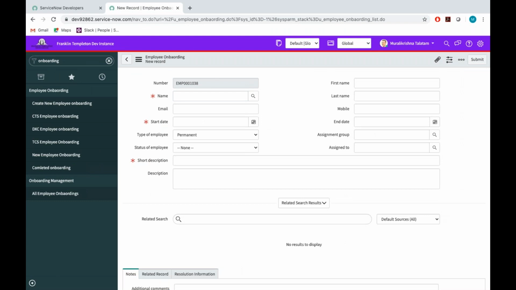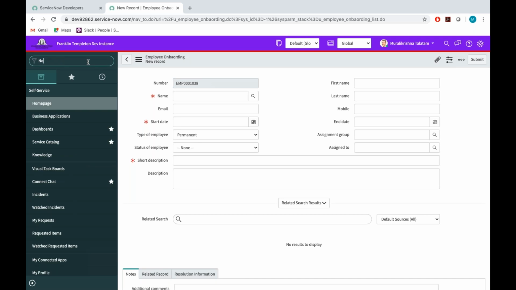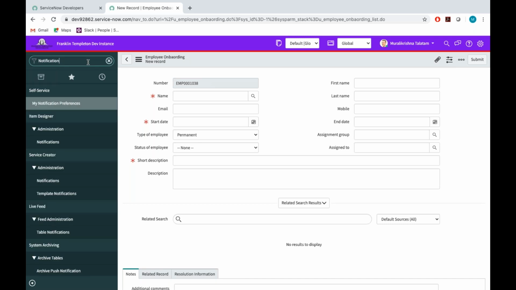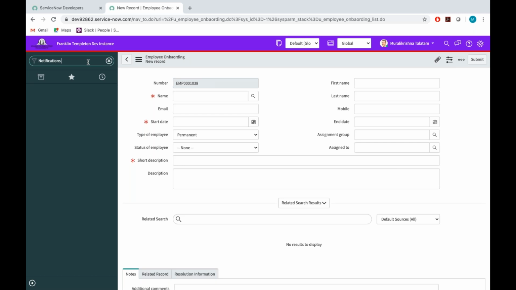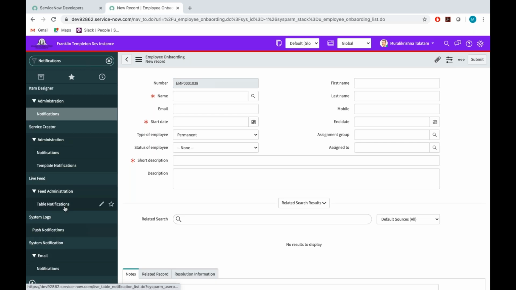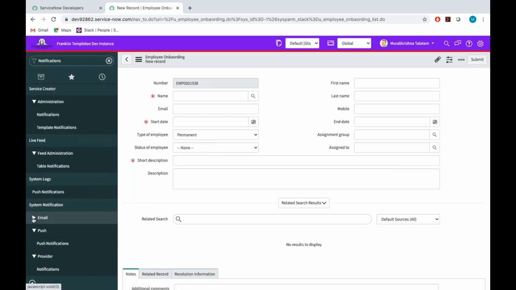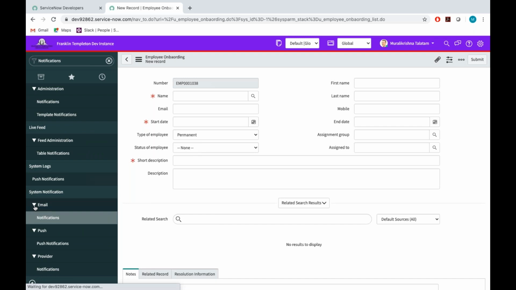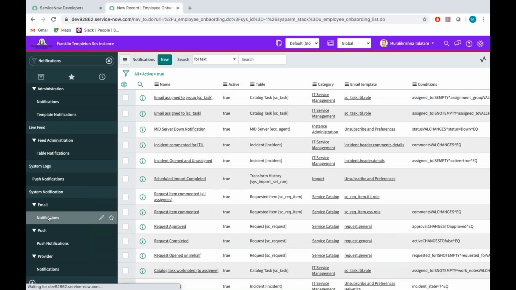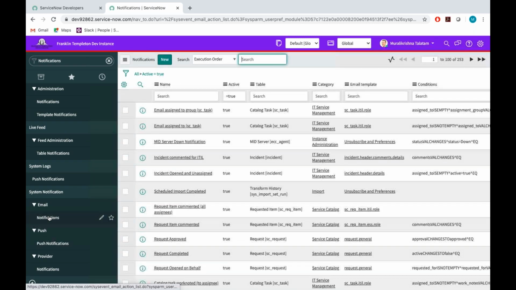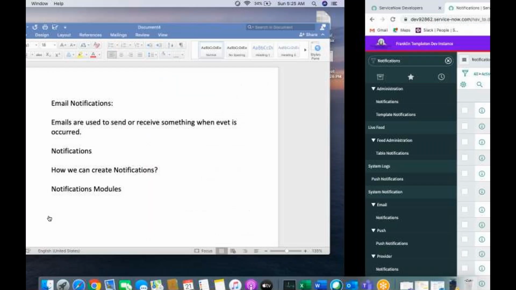So when record is inserted, I need to send a notification, so that in filter navigator, type the notifications. Once you type the notifications, under email, remember, under email, click on notifications module. Under email, notification module. Here the requirement 1,